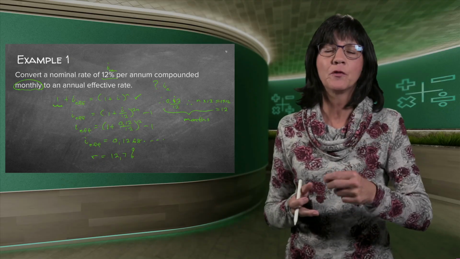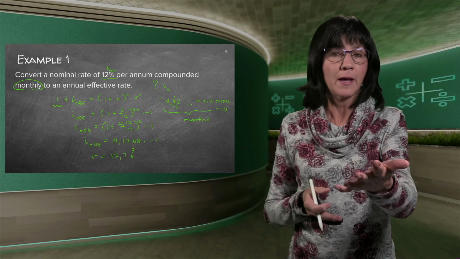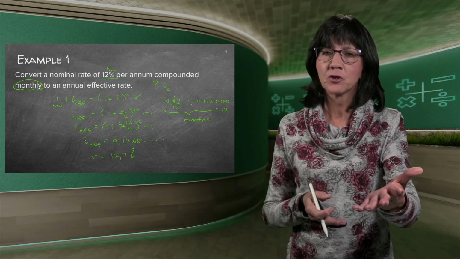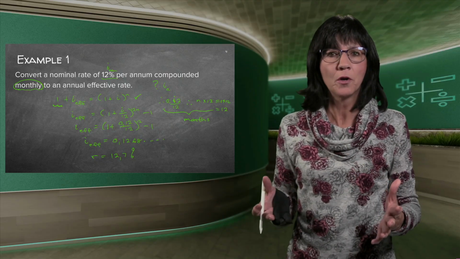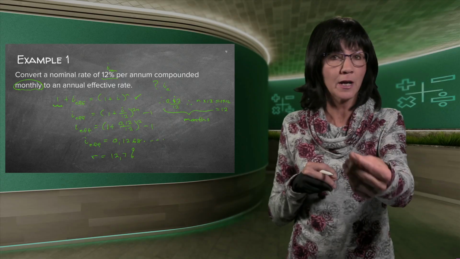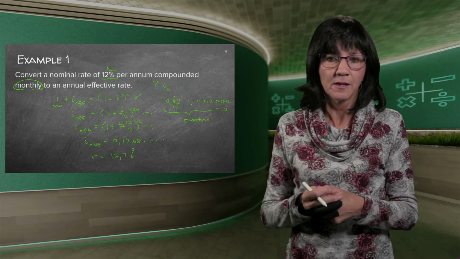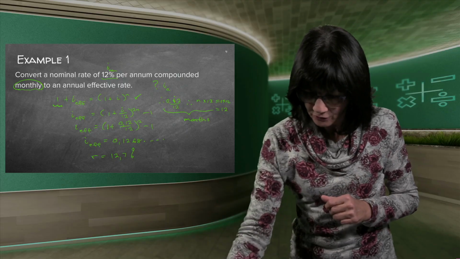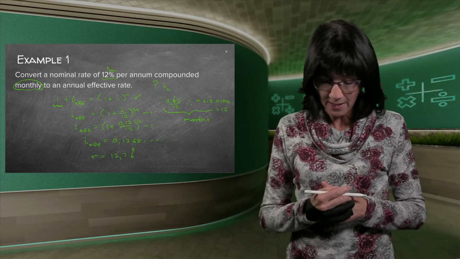Now, this is very useful if you go and take out a loan one day, because one bank may charge you monthly, another bank may charge you interest quarterly or half yearly, and you need to be able to work out which one is going to give you the lowest interest rate if you take out a loan, or the highest interest rate if you make an investment. So that's very good if you can do this all on your own and make sure you can go to the best bank in the end.